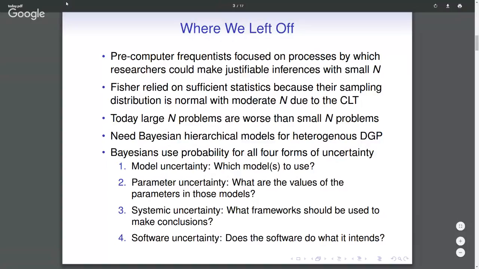And fourth is software uncertainty. Does the software do what it's advertised to do? Does it do what it intends to do? And this was a problem for Bayesian analysis for a long, long time, over 200 years, in that there really was no software that we could use to do Bayesian analysis and capture the first 3 parts of uncertainty with probability. That started to change in the 1990s when mostly Gibbs samplers were used,